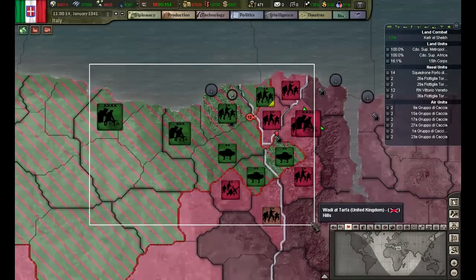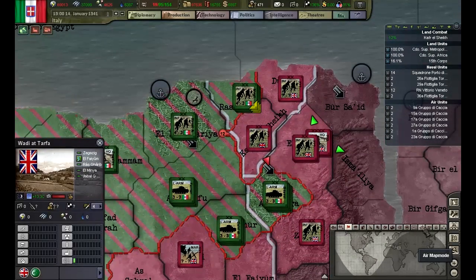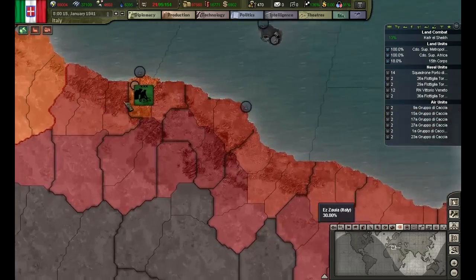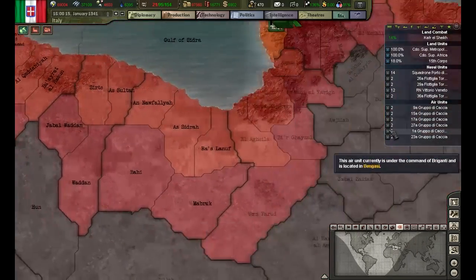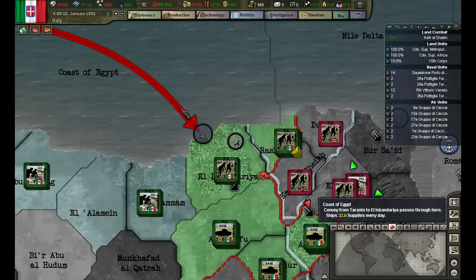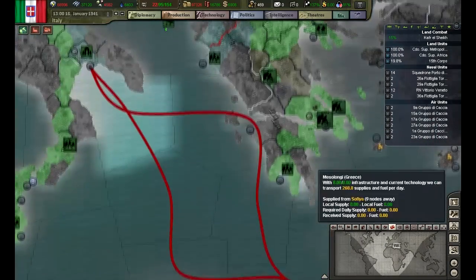Now inside this area right here, my only real concern is the lack of infrastructure. I'll switch the map mode to that. So we can't really supply ourselves from our ports in Tobruk and Tripoli because, as you can see, all of this is just bad terrain. The only real line of supply we have here is this 1 column coming into the Egyptian city from our